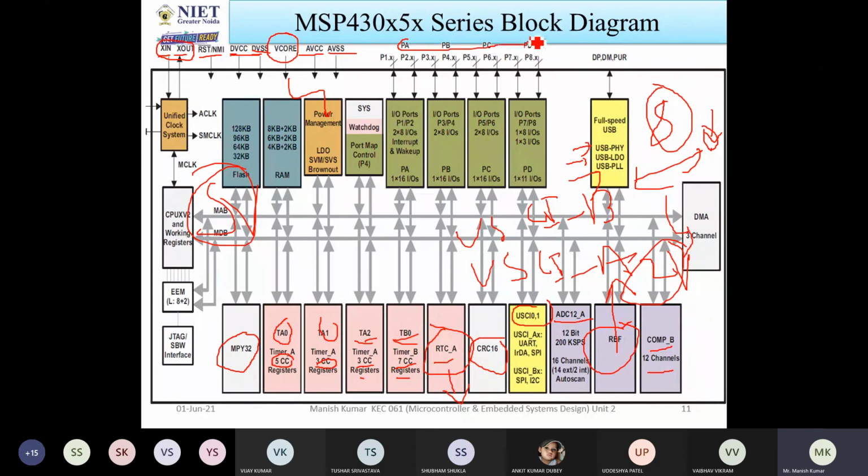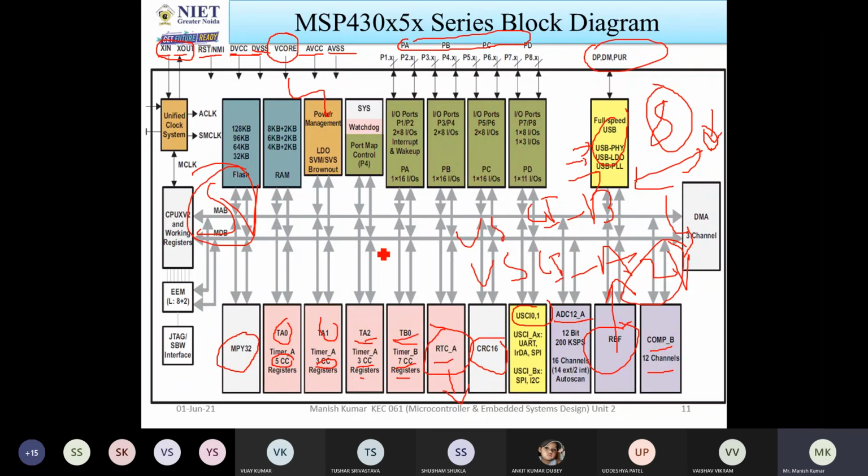Now there are different ports. These are general input and output ports. DP and DM, PUR, these pins are responsible for using the USB. When you are going to dump the code on the microcontroller, you have to connect the USB device to the system and then you are able to dump the code.